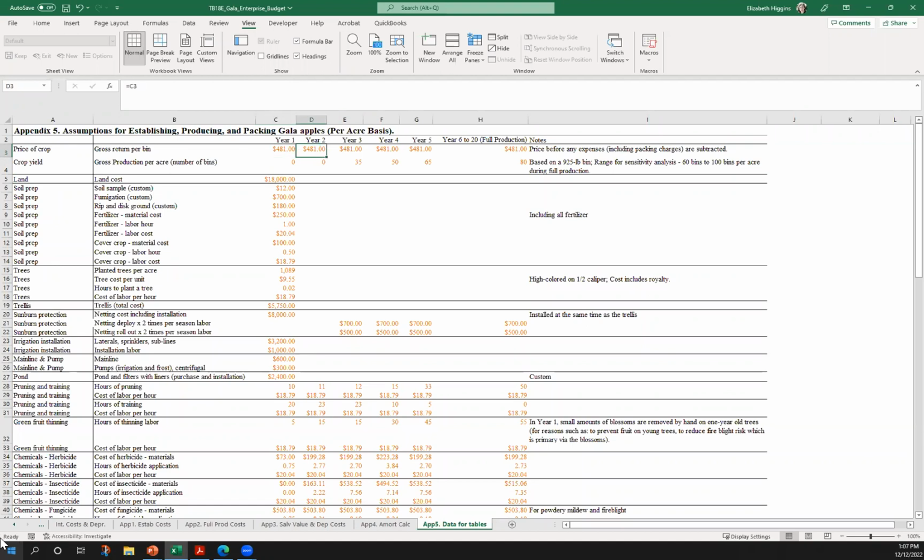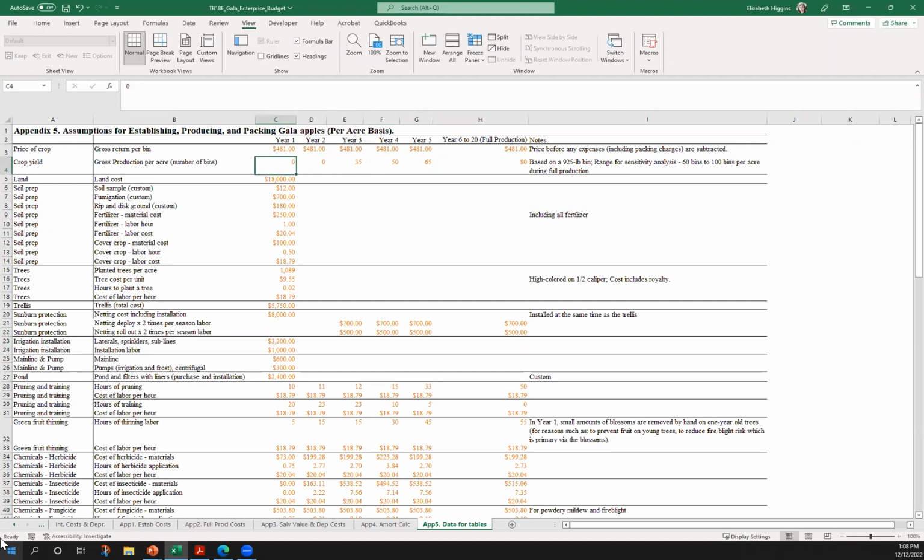Year 2, these are the years that you're getting up to full production. But these will be the same every year because this is just the price of the crop, right? So this is not necessarily what you're going to get. This is what you're assuming the price of the crop is that year. And then this is what you're assuming that your production is.